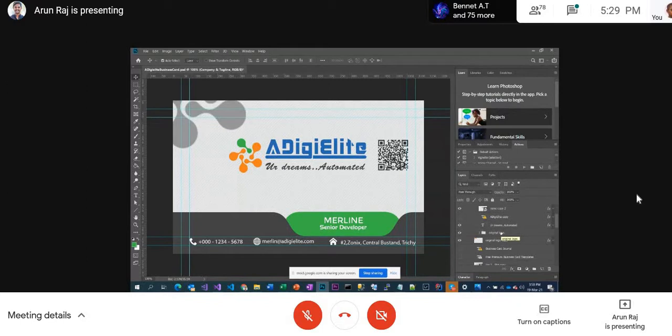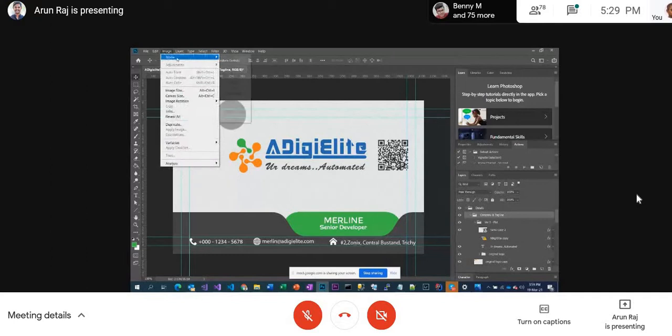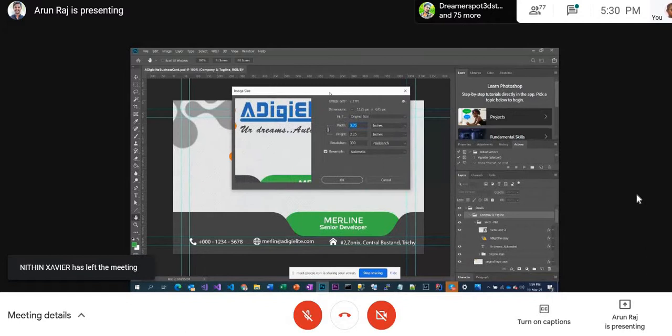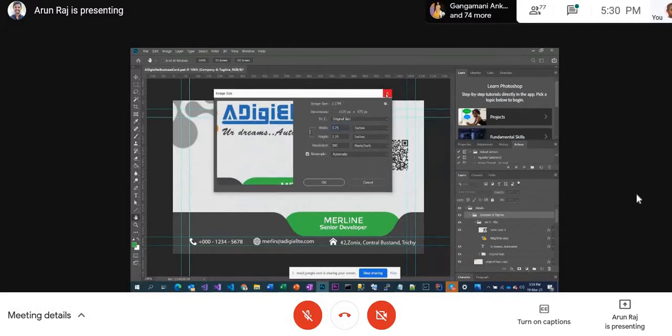Okay, so now just imagine that in order to understand how we people are doing it, I'll take a simple idea. So just look at that. This is 3.75 inches. When we design anything for printing purposes, the minimal resolution we will keep is 300. Then only when you are really taking this to the press will it be printed very cleanly. Otherwise you can see a lot of blur. So this is very important. So I am going to do the similar thing for you in the fastest manner. Okay, let's see. 3.75, 2.75.